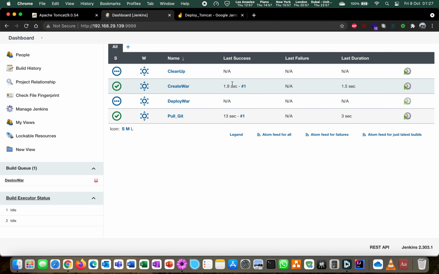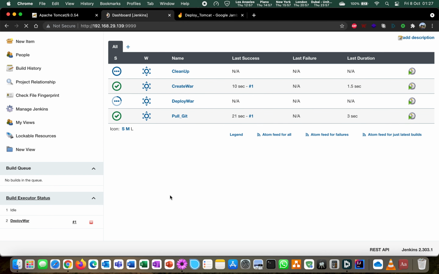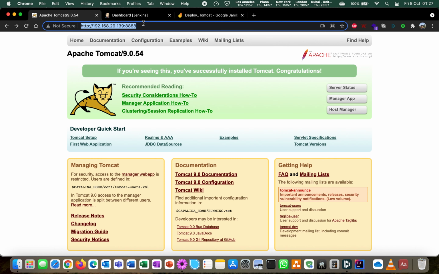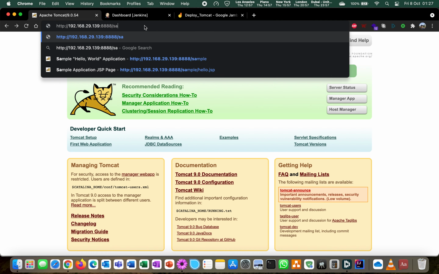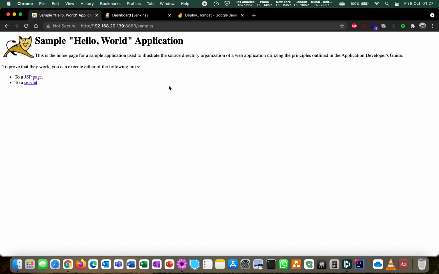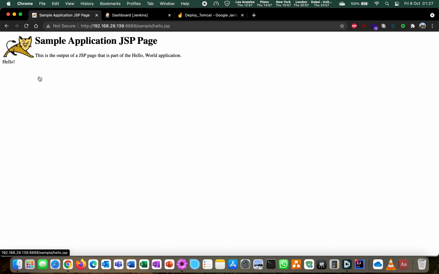Create war is being successfully executed, and deploy war is in queue. Right, so deploy war is in queue, and it's also been successfully created. Now our application is successfully deployed on the Tomcat server. We can just view that by going into the sample application, and this is our application which is deployed. Right, we can just check this.